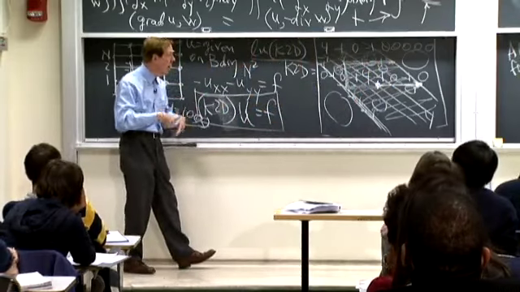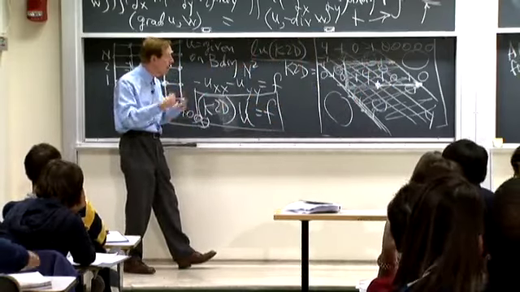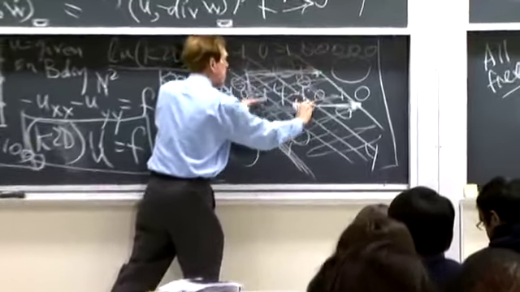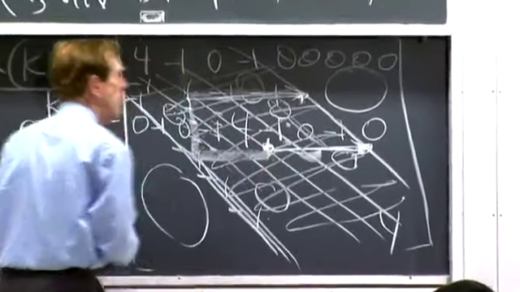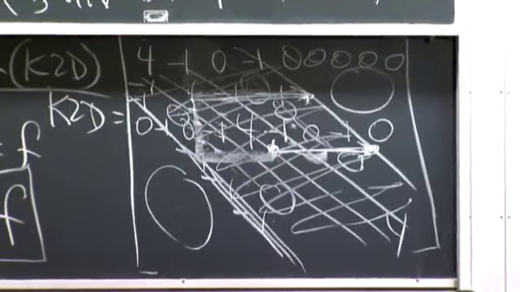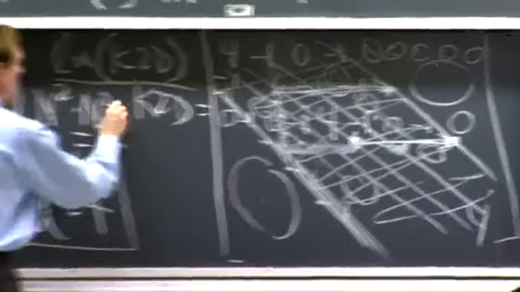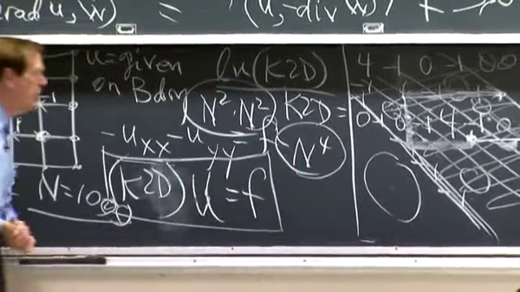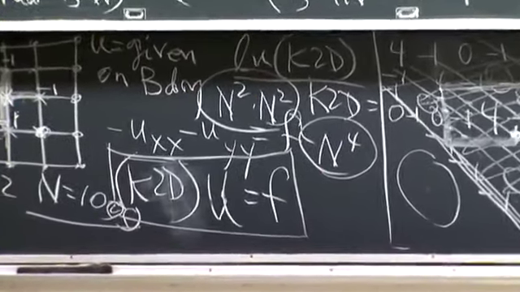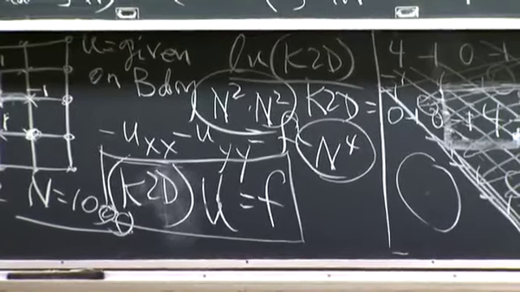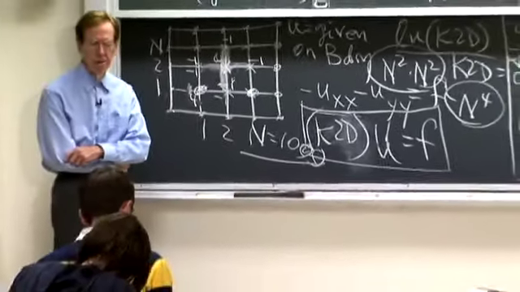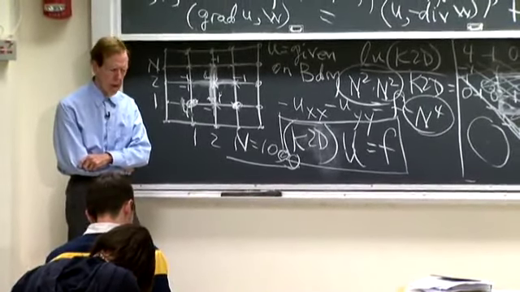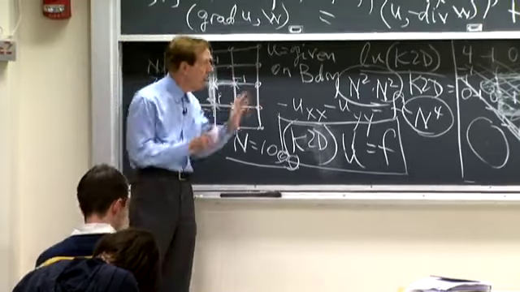To clean up a column, I'm working with a vector of length n, and I'm subtracting it from n rows below. So cleaning up a column takes me n squared operations. The total then is n to the fourth for elimination. And that's not acceptable, right? If n is 1,000, I'm up to 10 to the 12th. So elimination is not a good way to solve this